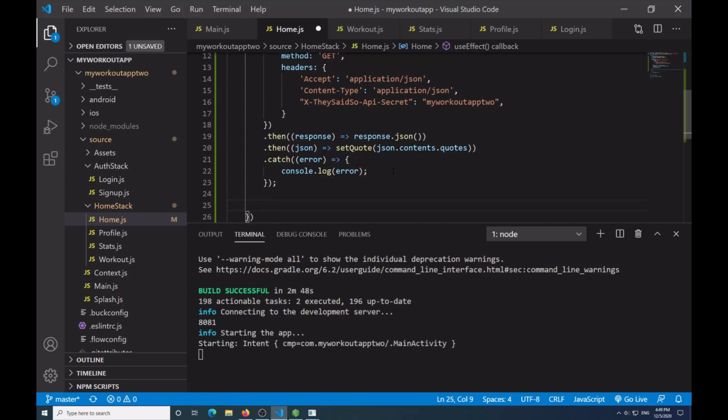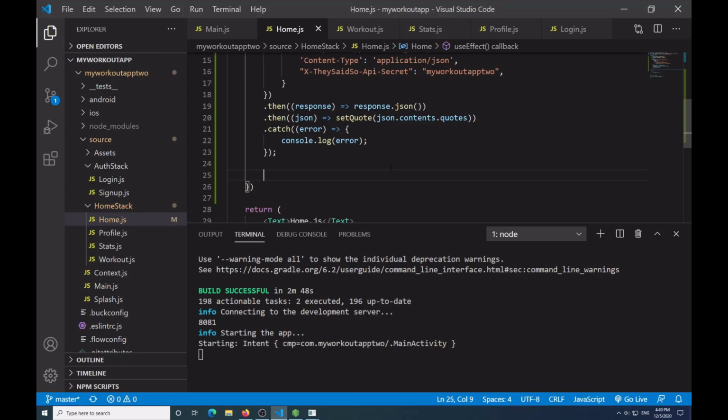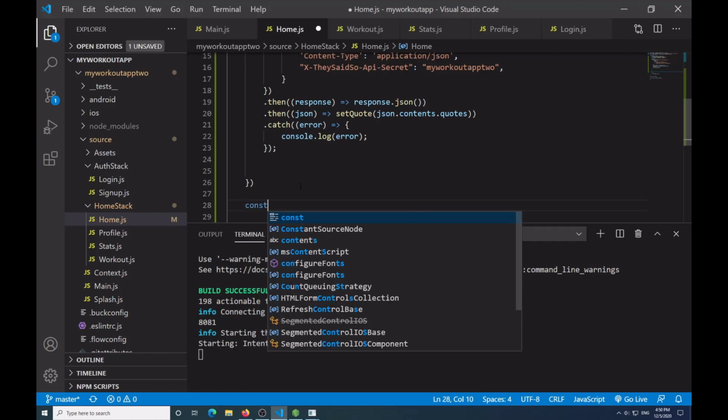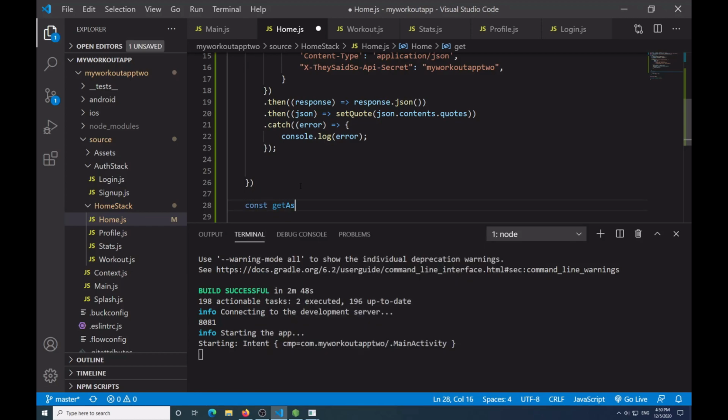So then after this, what I'm going to do is now retrieve the data from my async storage. So I want to get my first name and my last name. To do that, I have to create an async function. So I'm going to say const getAsyncData. You can call this whatever you want, but I like to try and stay consistent with what the function does. So anyways, I'm going to say const getAsyncData is equal to async, open close parentheses, arrow